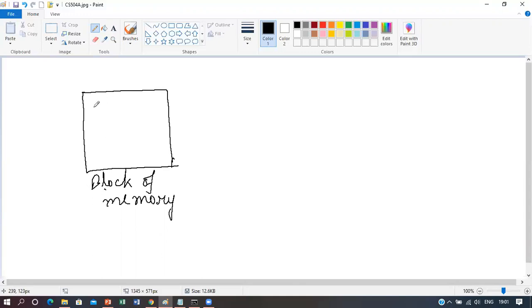Now suppose we are taking a particular amount of memory area. This is a particular area in memory, which is a reserved area, and that reservation is done by a variable which contains a value, suppose 10. So in order to reserve this memory area as a variable, we have to declare a variable, suppose a. If a is a variable name, then this a should contain the 10 value so that this 10 value can appear inside this reserved memory area.